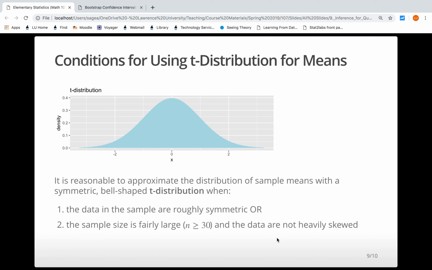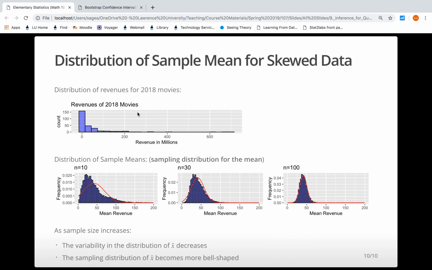To see why it's important that our data not be heavily skewed, let's look at a distribution we've previously seen that was heavily skewed. This is the revenues for 2018 movies. We see the heavy right skewness in the data. And let's take samples of size 10 and look at the distribution of sample means. You see the distribution of the sample average here tends to be pretty right skewed, and the symmetric curve is